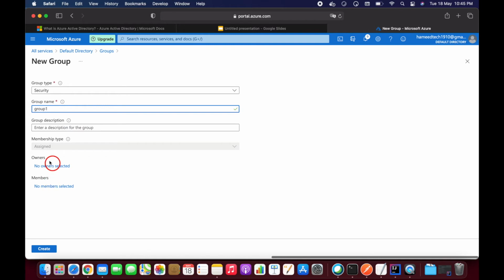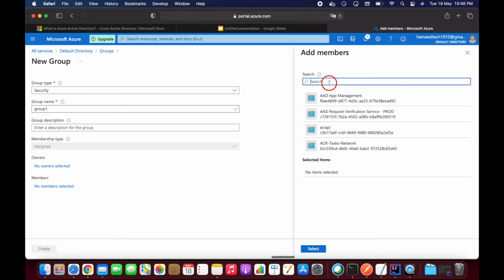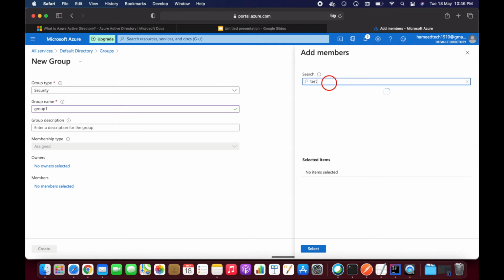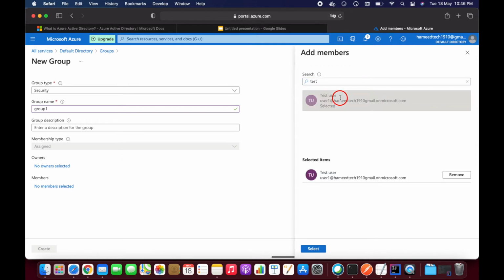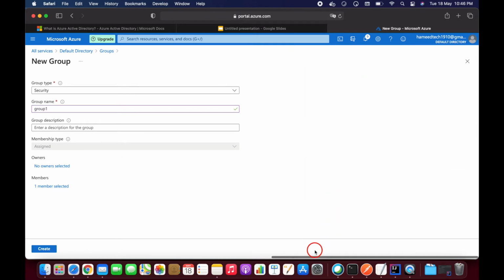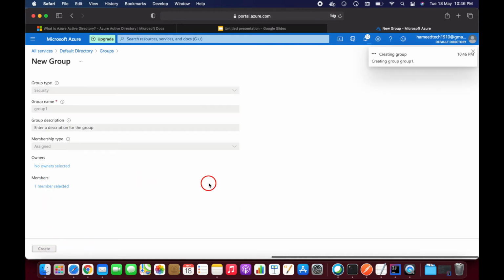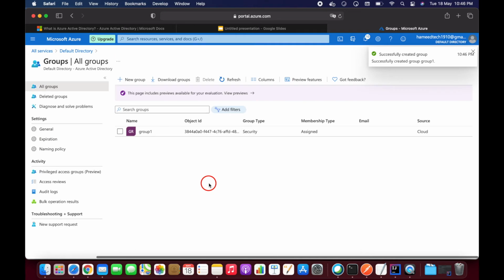Here we have owners and members. If you want, you can add owners, but I don't need them here, so let me add members. Test user, this is the user, let me select. It's added successfully, and create this group. Okay, the group is created successfully, guys.